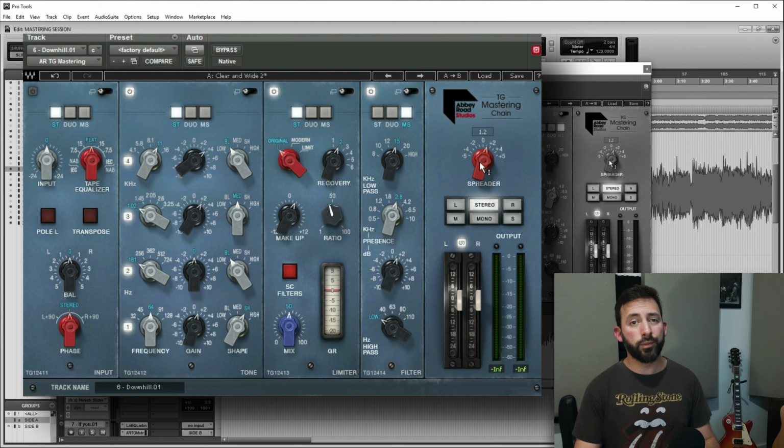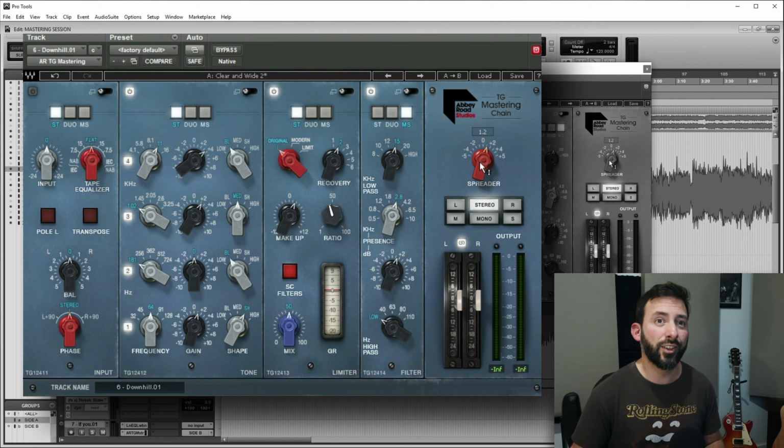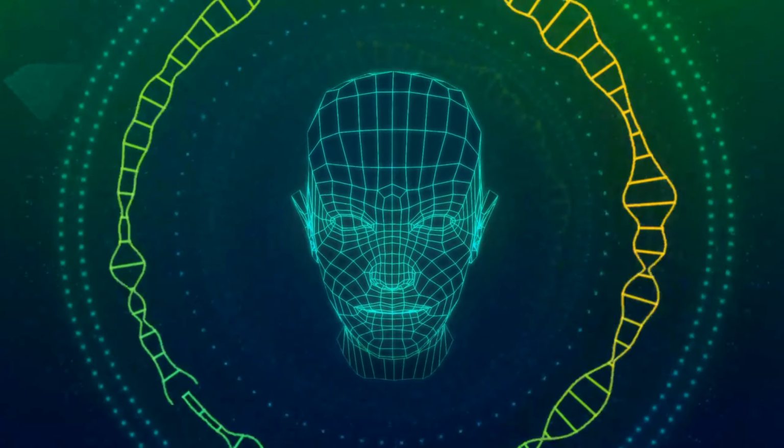This is a very, very nice element of this plugin. You can really easily overdo it because it's so nice. That's the problem. Once you start putting it up, you want more. That's the truth. But it's very dangerous because what it's actually doing is taking the left and right channels and applying, I don't know what magic, but it's very nice because you feel that it's opening, widening the music.